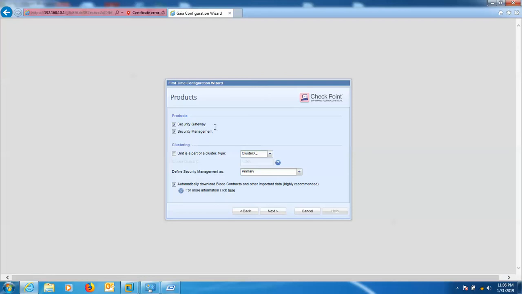If you install the security gateway, you can choose security gateway, otherwise management. So I want to install standalone, so I have chosen both options,